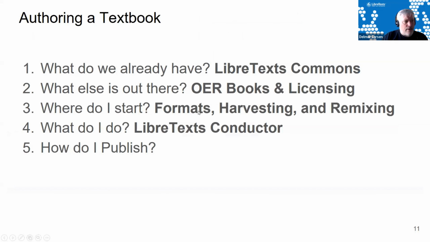So I'm going to skip over this and talk about a few things associated with authoring a book on the library before transitioning to the other part of the LibreVerse. There are various questions that one can ask in regards to building the book. Like, for example, what do we have already out there? If you go to that LibreOne, or more specifically, if you go to that Launchpad and you click on the Commons, it acts as a cataloging system. And I'll show it to you in a moment.